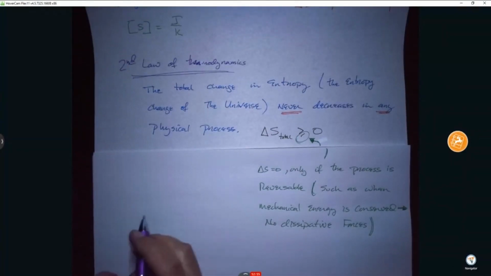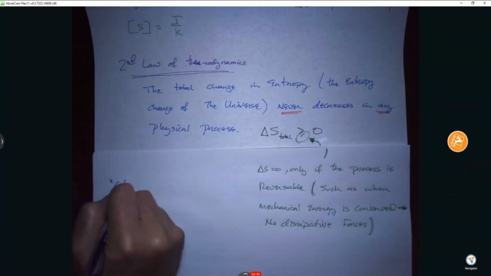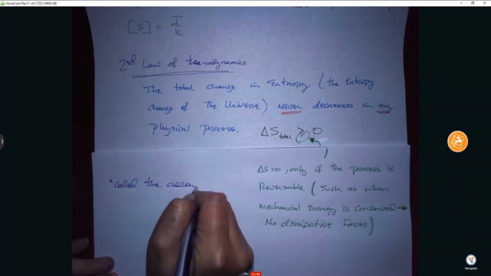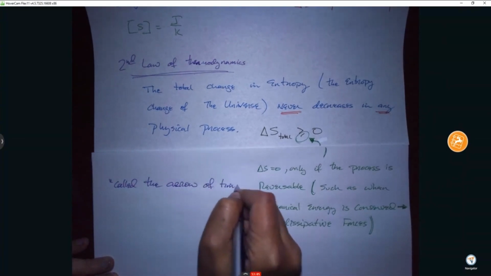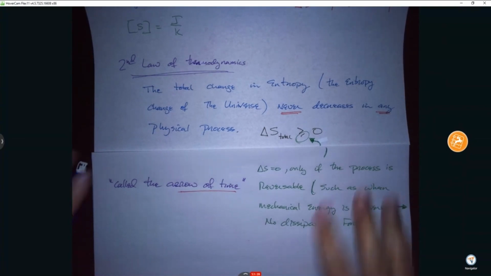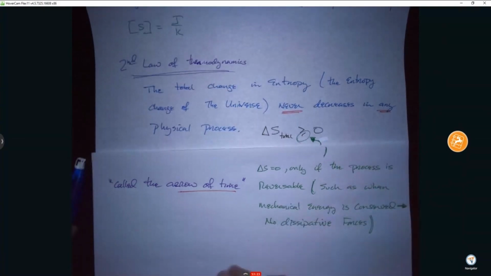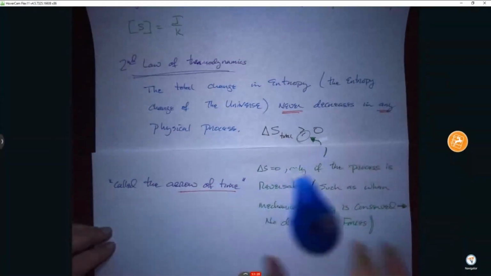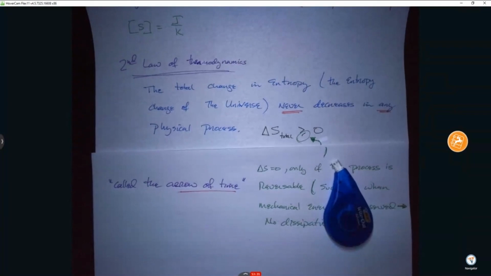The second law of thermodynamics is usually referred to as the arrow of time. And the reason for this is that if you were to film any physical process, such as me sliding the little whiteout marker across the table until it comes to a stop,